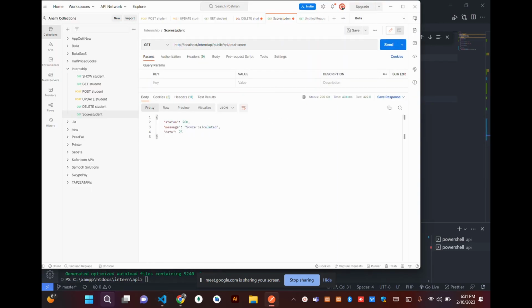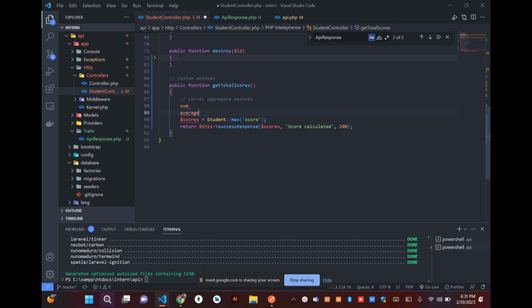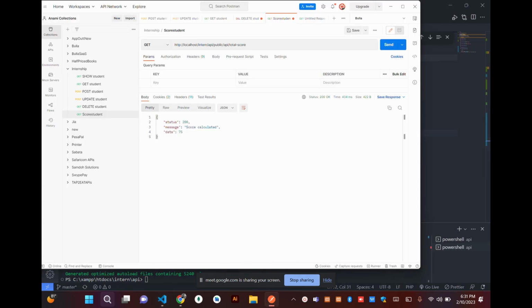Those are called Laravel aggregate methods. So these Laravel aggregate methods are like average, max, minimum, which other one? Yeah, all these, just to mention a few, are called Laravel aggregate methods. You can read about many of them and you'll see how they are supposed to help you in doing your work. So for example, in here, assuming now you want to get the total percentage,